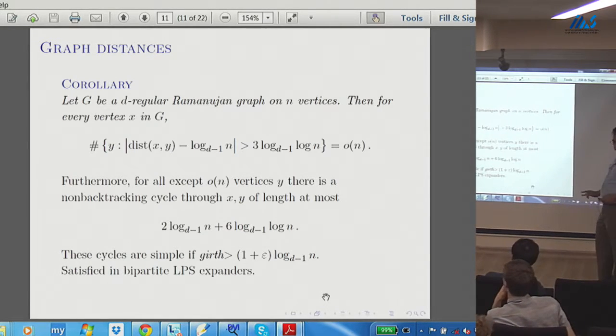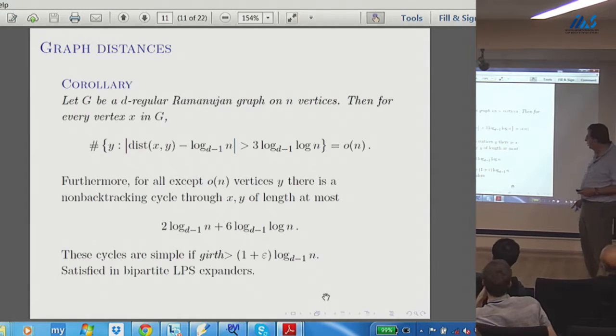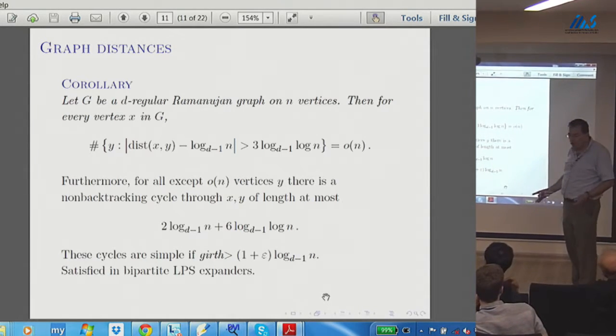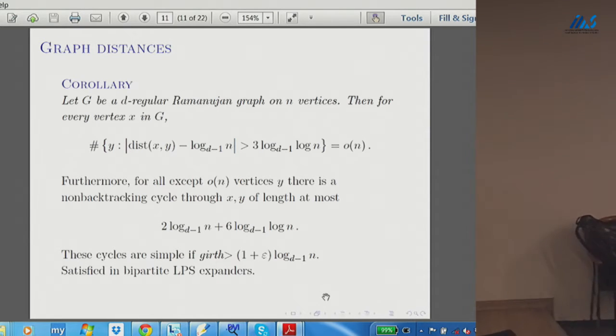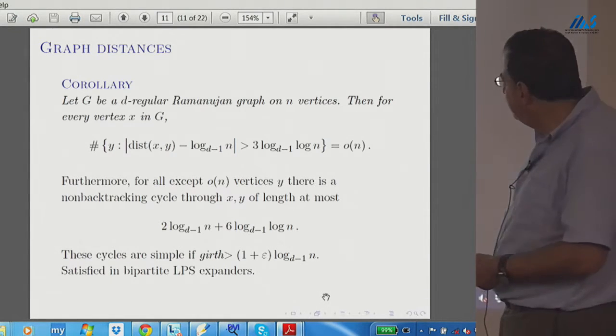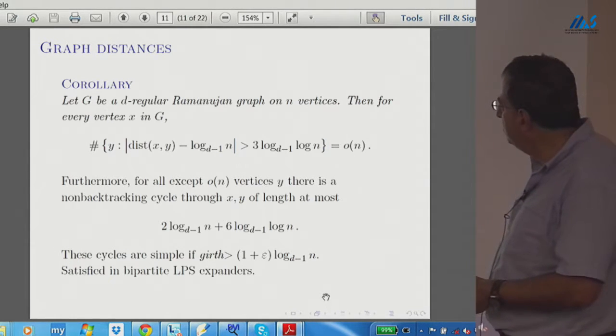As I already hinted, the key to the proof is to look at the non-backtracking walk. Before going to that, I want to indicate another corollary, not of the theorem, but really of the proof, which is a purely geometric corollary, not about random walk, something about the structure of these LPS graphs, and more generally, the structure of any Ramanujan graph. This is true even in the bipartite case. For every d-regular Ramanujan graph,